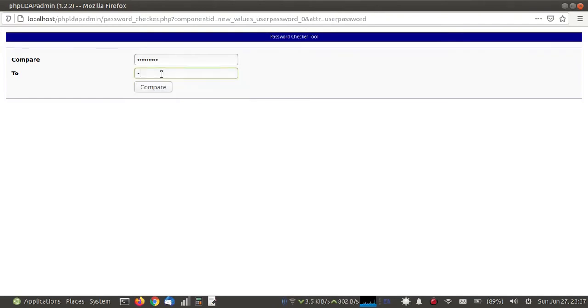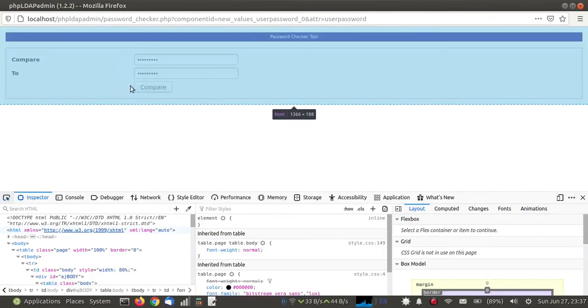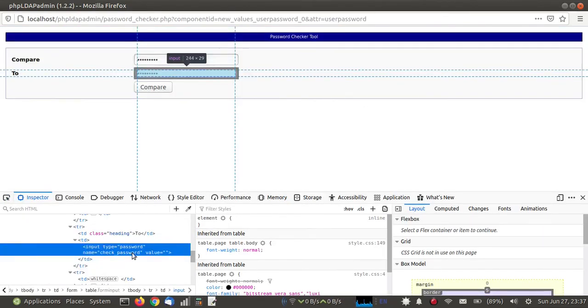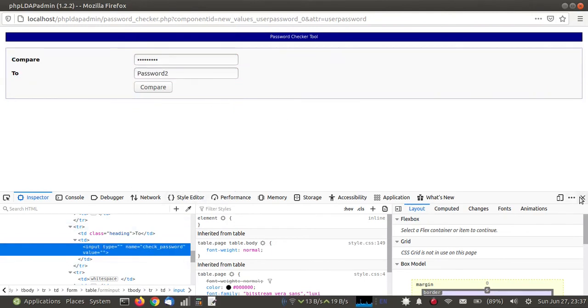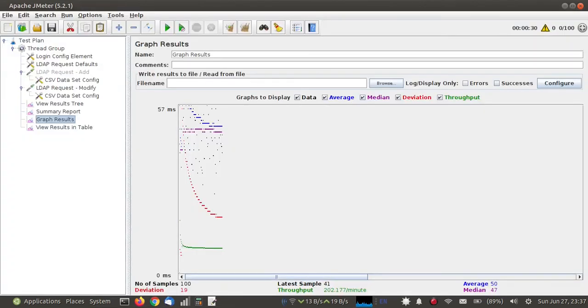I'm going to add password2. Here its value is password2. Now I'm going to compare it. Yeah, password match. So password is also updated. And the report is also generated.